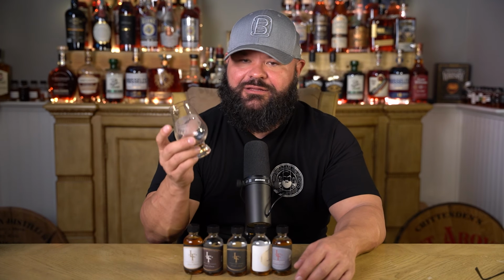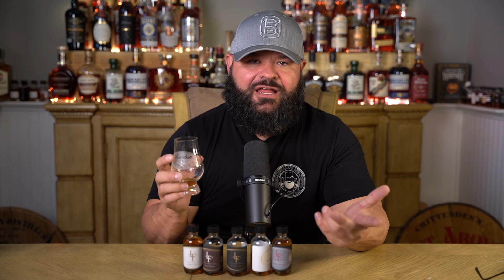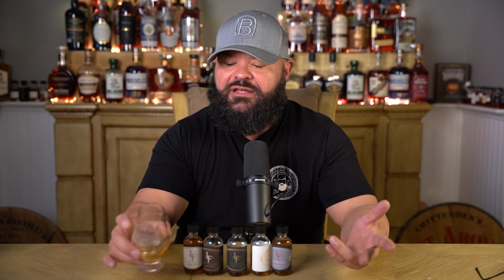The nose is pleasant, like just phenomenal. And then the palate matches. And I don't find that these days very often. A lot of times you're going to find a bottle that has a really good nose and the palate lacks, or vice versa, right? The one thing I will say about this one,